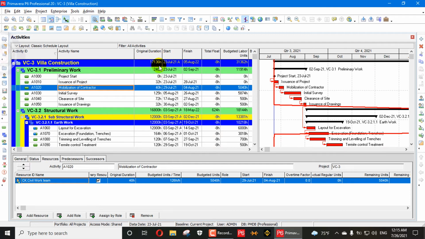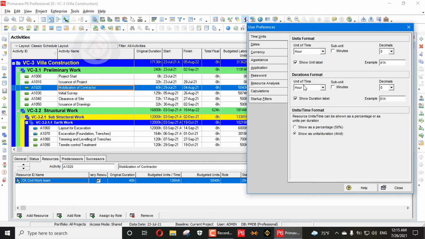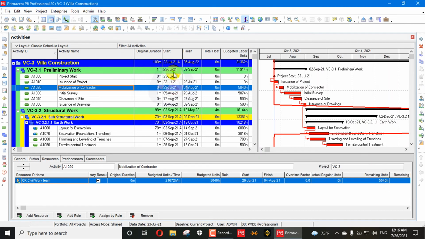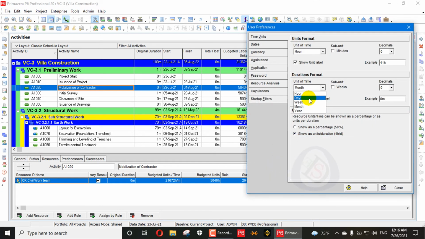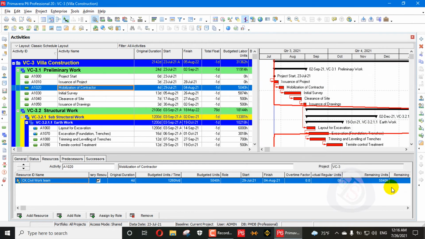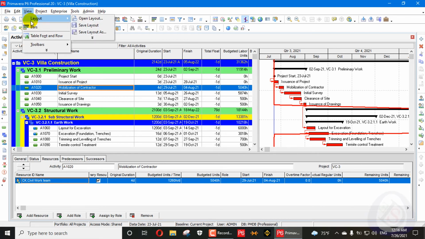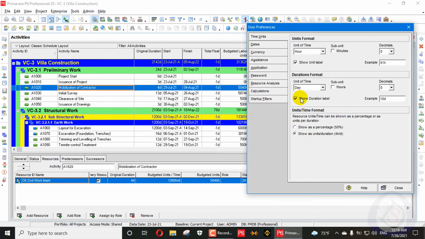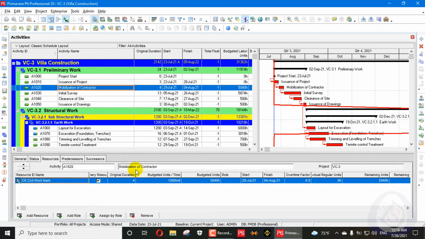It can be considered in months, weeks and years. For example, you can also see month here. So a 100-month project is easy to understand. In days it can be understood, but in hours this project cannot be understandable. So we can put D with it, and we can also remove the subunit from it.